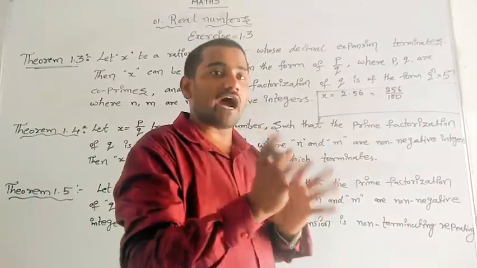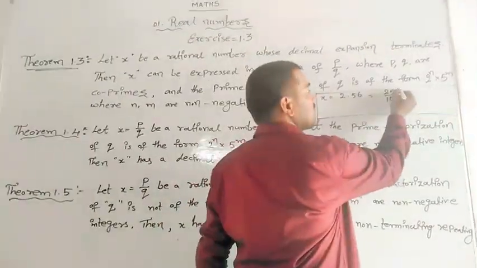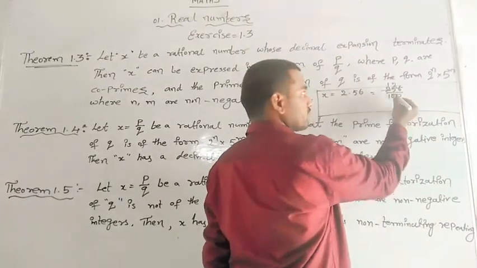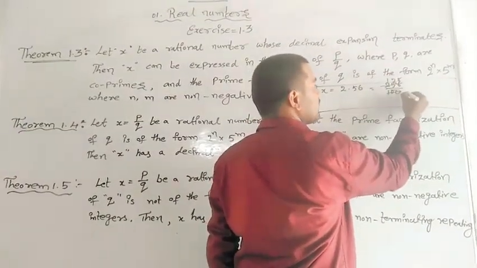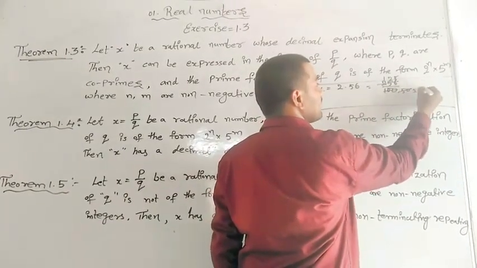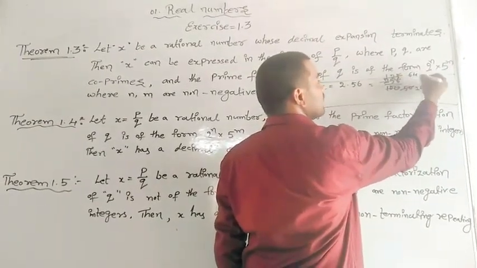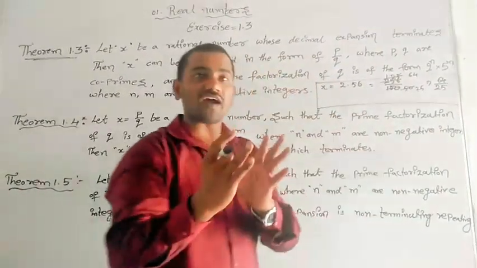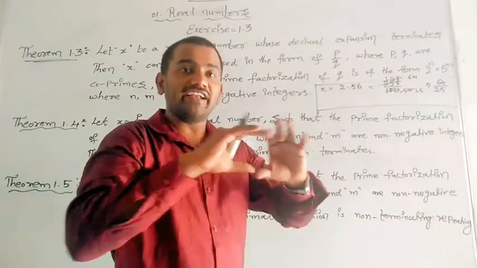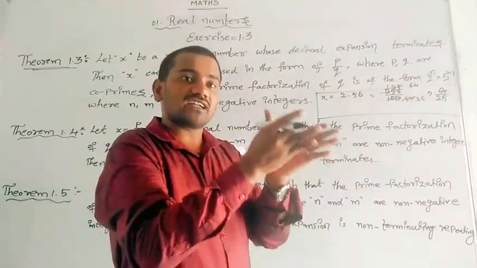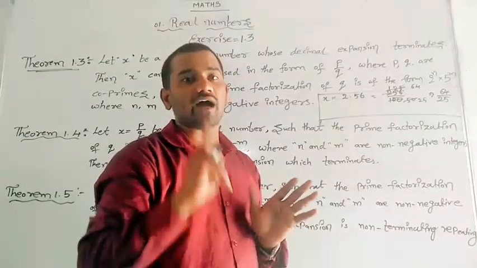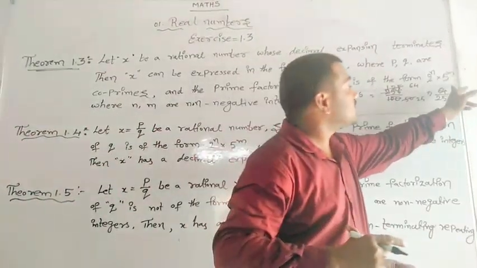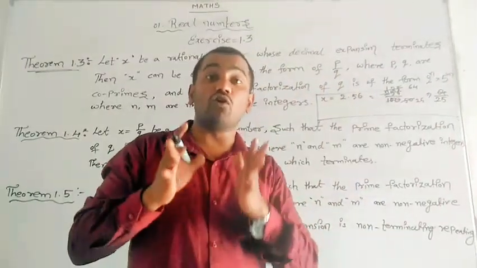Now these are not coprimes yet because they have common factors. Let us divide by the common factors. Let us cancel by 4. We can cancel. 4 1s are 4, 4 2s are 8, 4 5s are 20, so we get 64 by 25. Now the factors of 64 and the factors of 25 are entirely different; only 1 is a common factor and all the remaining factors are different. So here 64 and 25 are known as coprimes.